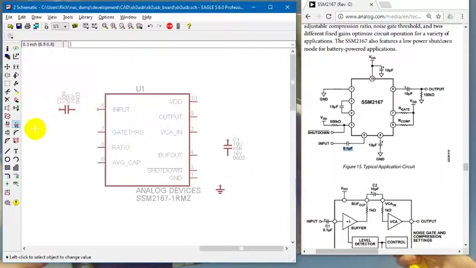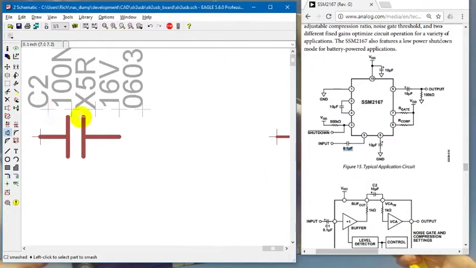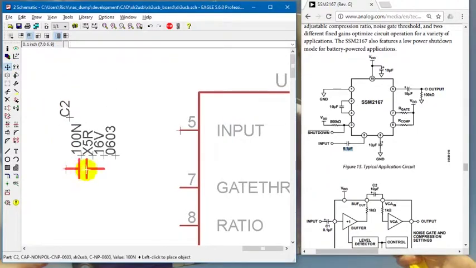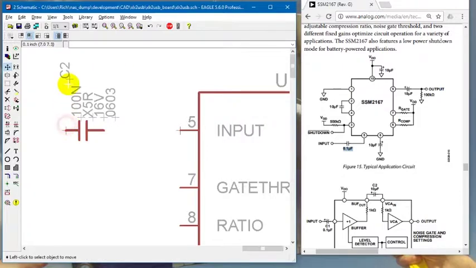Now, I said we were going to do something called smash. This is the command called smash. And what happened was, when I made this part, I oriented the text in a certain way, and I positioned it relative to the center, so you can see all those attributes move with it. Smash lets you decouple those, and now each piece of text has its own origin, which allows me to move them individually. Now they're still linked together. It just allows me to reposition them a little bit, right? So a sideways cap looks kind of stupid with all of its text sideways and stuff like that. So I'm going to